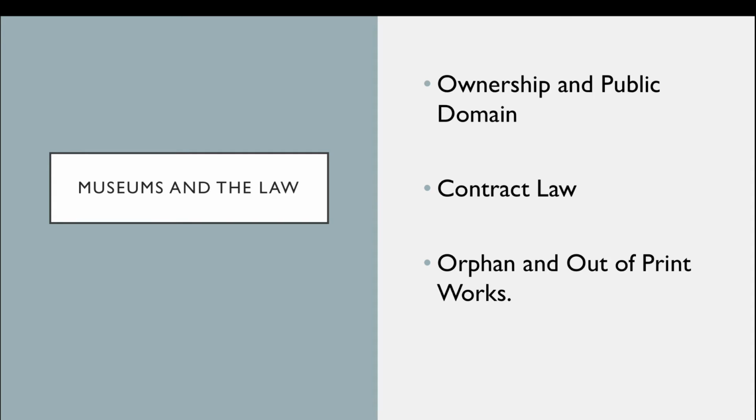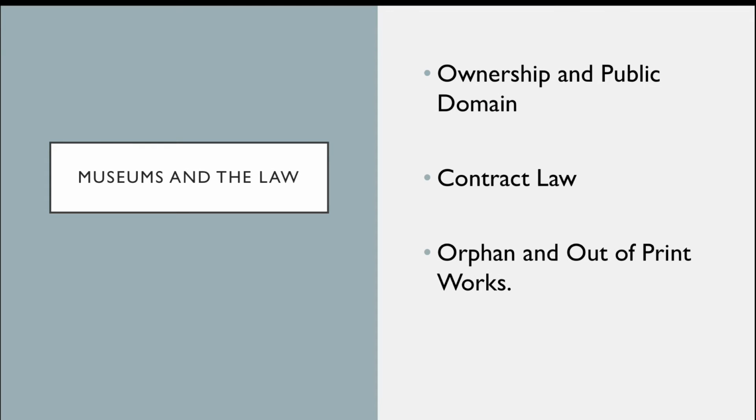So this brings us to the issue where museums are creating contracts that give them a copyright type control over a work, limiting access to the public and what they can do with that public domain material. This is allowing museums to monopolize public domain works. Lastly, museums face issues with digitizing orphan works and out-of-print works due to copyright.